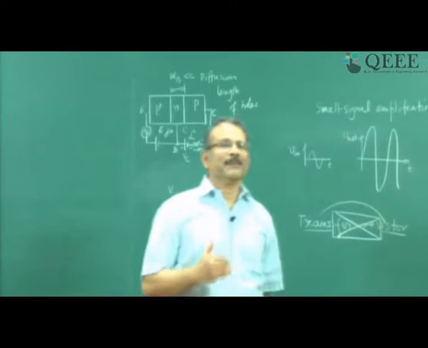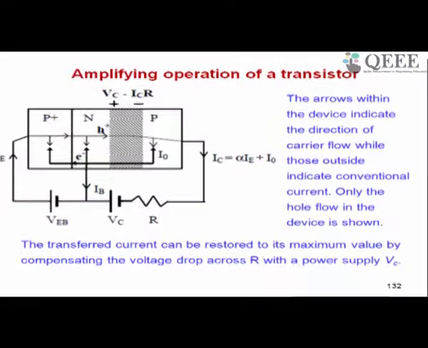I am okay with accepting a reverse bias because it is shown here, if the collector to base junction is reverse biased, the only addition to the current is the current shown here, which is the reverse current of the diode. We had discussed the reverse current of a PN junction in reverse bias. So that current is really very small. So reverse bias current which is shown here is very, very small, and therefore it does not affect your collector current. And this is what is shown here, your current is now alpha IE plus I naught, and this I naught is very small, therefore IC is approximately alpha IE.